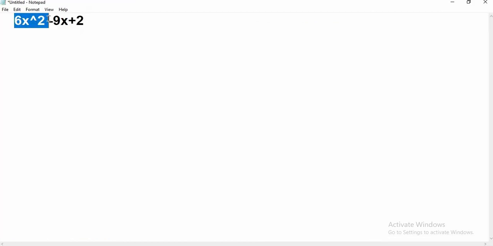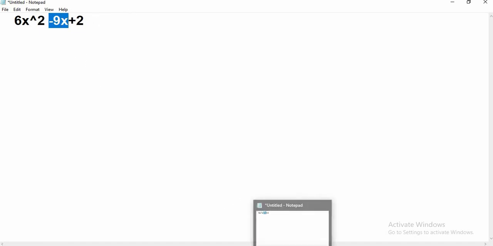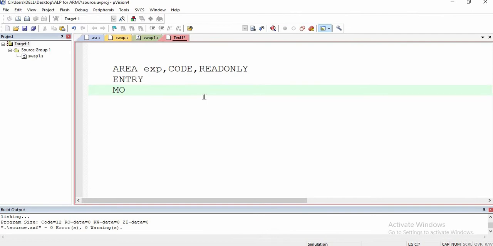First, we will compute this one, x raised to 2 first, and then we will multiply it by 6, and then we will add 2 to it according to the BODMAS rule. In BODMAS rule, addition comes first. So we will add 2 to this answer, and then we will multiply x with 9 and then subtract this from the whole answer. Here I will write move